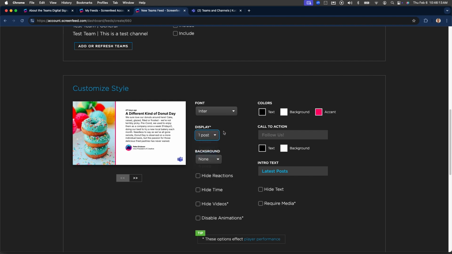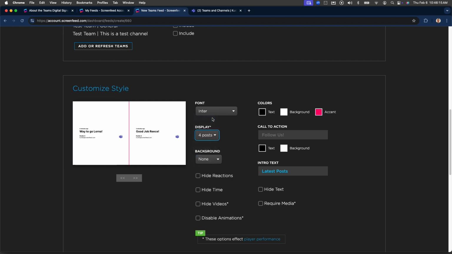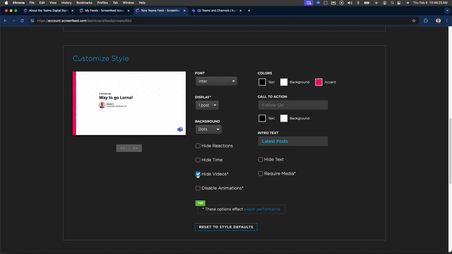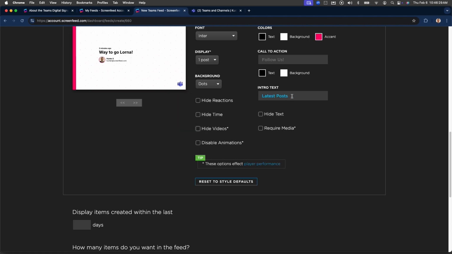You can adjust how many posts you want to see at one time. So there's my "Way to go, Lorna." I can make changes to things like background, hide reactions, adjust colors, don't show videos, only show videos, and adjust the intro text, which I'm going to do. I'm going to say